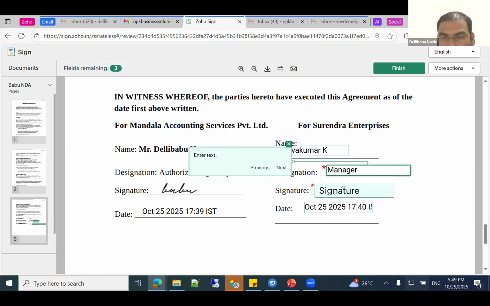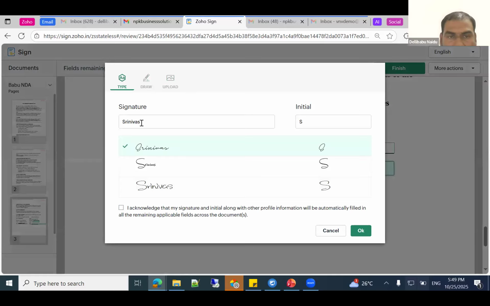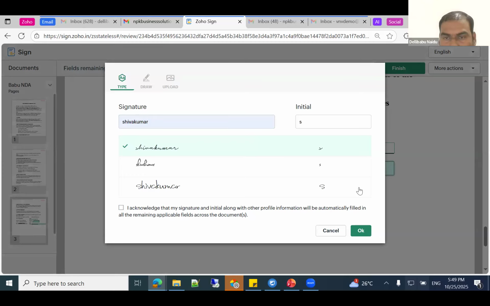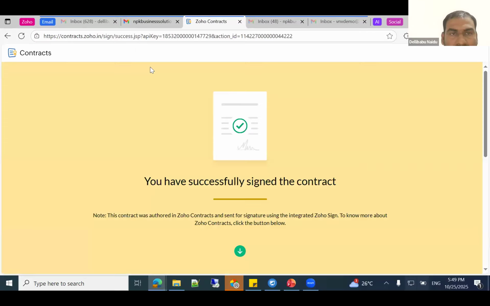Designation, manager. Signature: once you click on it, you can draw your signature, or you can upload your signature, or you can type and add your signature. See, then finish it. It's completed.